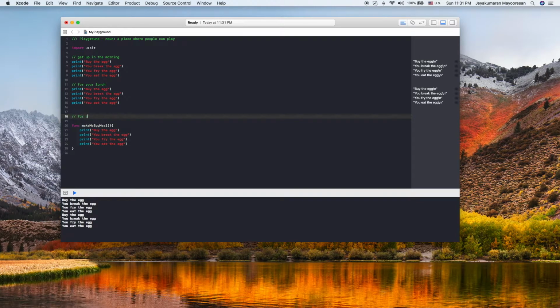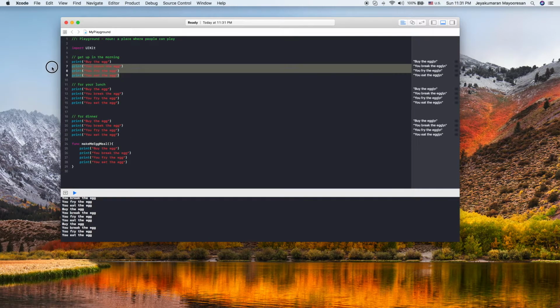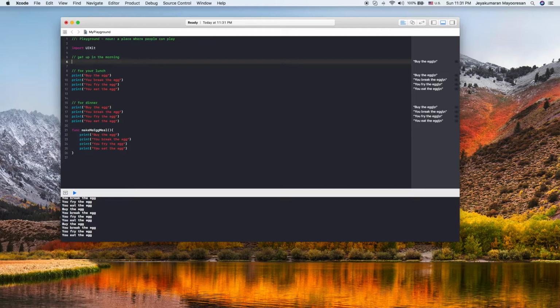And for your dinner, again you execute all these steps. Isn't it tiring that you have to repeat the same steps again and again? So since you have a function, you can get rid of all these 4 lines, and